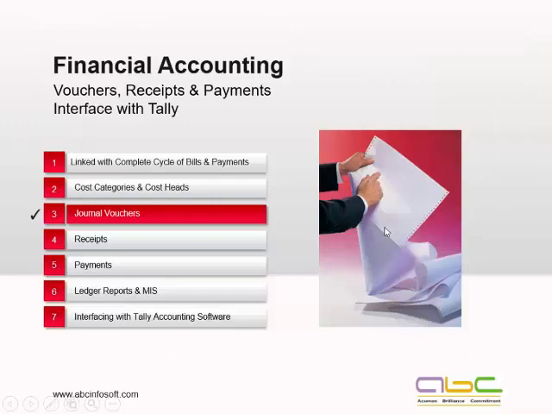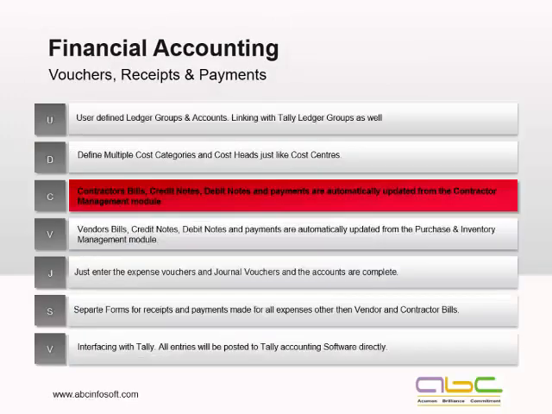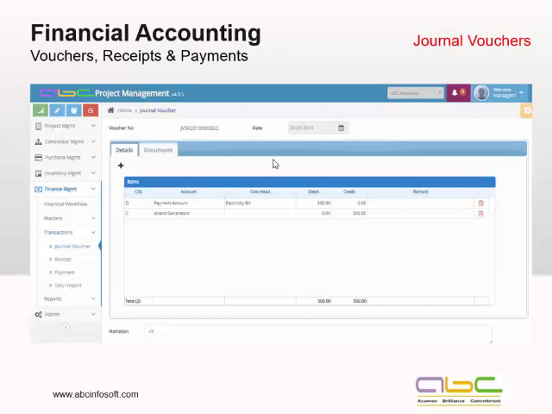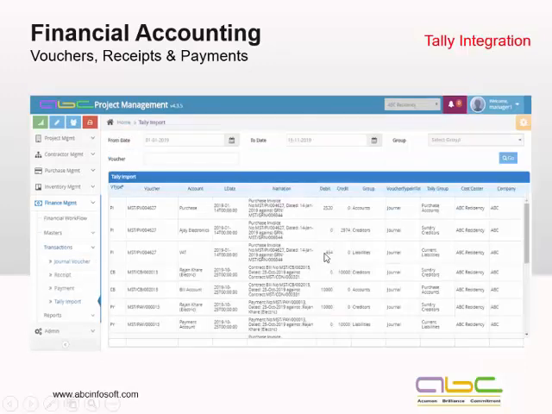Next, I come to the financial accounting or the expense part of it. In this module, we are defining various cost heads and cost categories. So you can generate your expenses, update your expenses and all those payments, or maybe make JVs. With this, all the debit and credit entries of the JVs would be there.